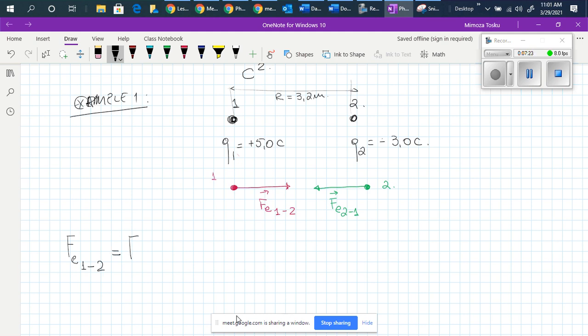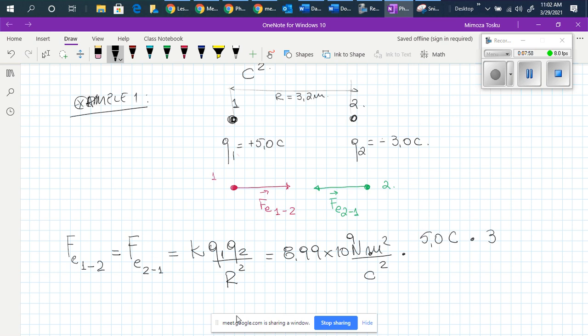2, based on the third law of Newton, will be the same as the magnitude that object 2 is experiencing as a result of the presence of object 1, and it is calculated as k Q1 Q2 over r squared, or 8.99 times 10 to the power of 9 Newton meter squared per Coulomb squared, times Q1 is 5.0 coulombs, Q2 is 3.0 coulombs over